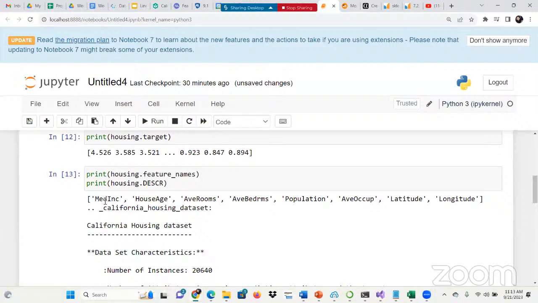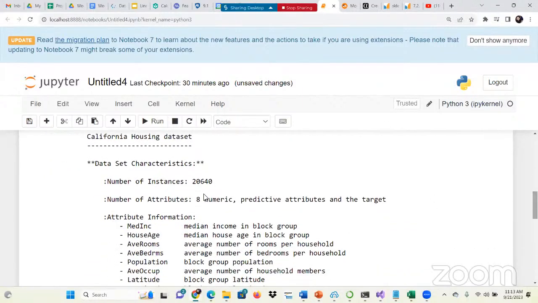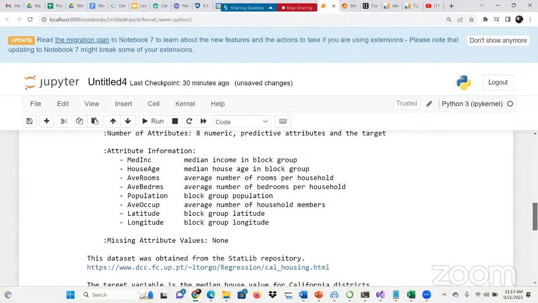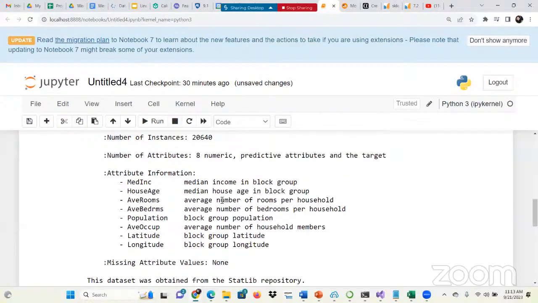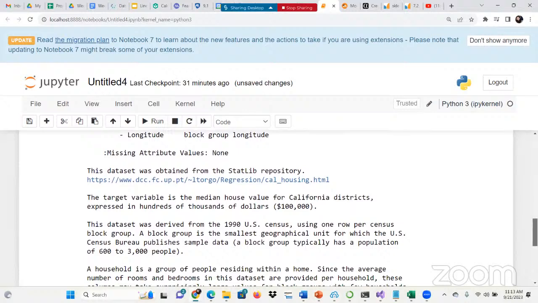So you see, it has 1, 2, 3, 4, 5, 6, 7, 8 X variables, 8 features, and has a number of instances over 20,000, which is good. And the X value, number of rooms, average number of rooms per household. And each instance actually doesn't represent one house, it represents one